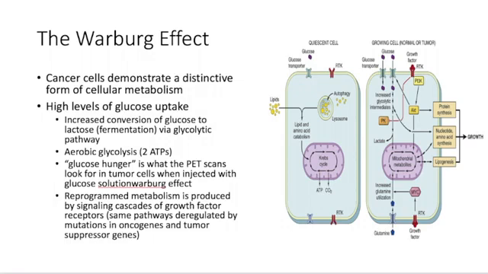And we use F-fluorodeoxyglucose, which is a derivative of glucose, and it is preferentially taken up by the tumor cells or cells that are high turnover, and that's how we can use it to detect cancer with the PET. It's an increased conversion of glucose to lactate via the glycolytic pathway, by fermentation.